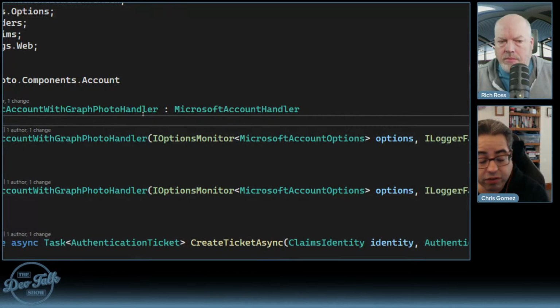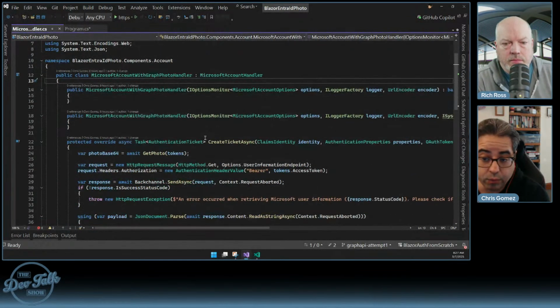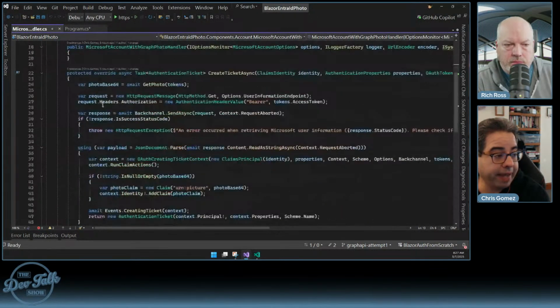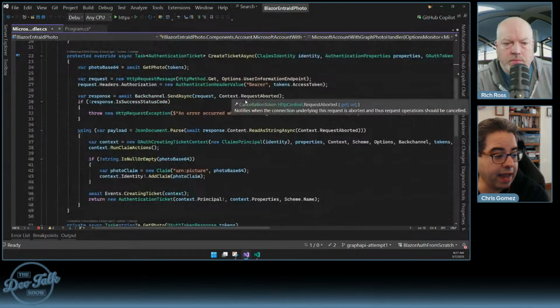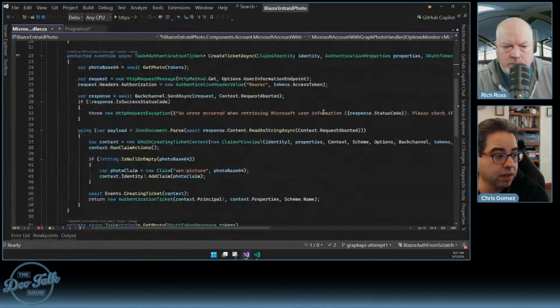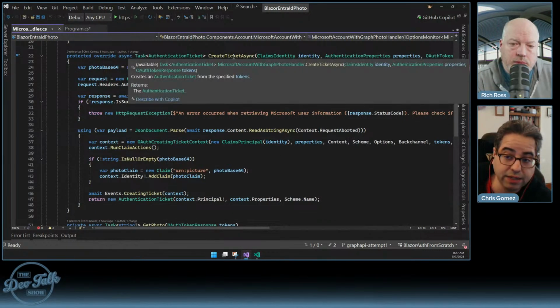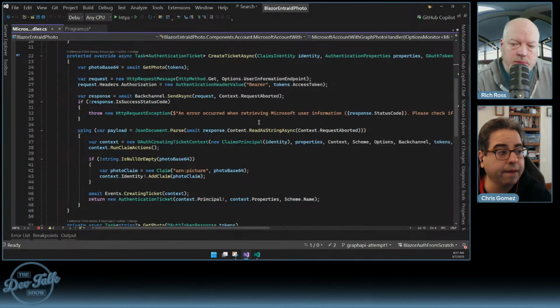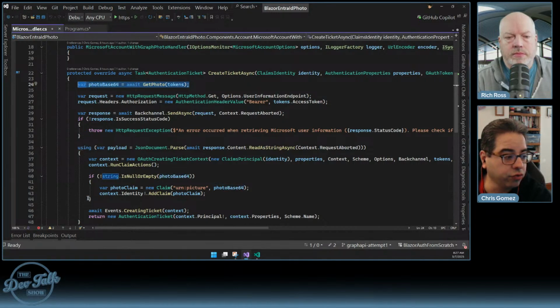I'm taking as much of the implementation as I can still use, but I will admit that I cut and paste create ticket async, and then I have my own private method that gets a photo. So you could make the argument, did I really need to do this? Maybe. Because one of the things about create ticket async is I need to get in here and insert myself to do something with this